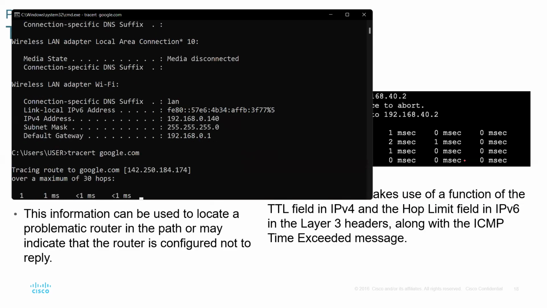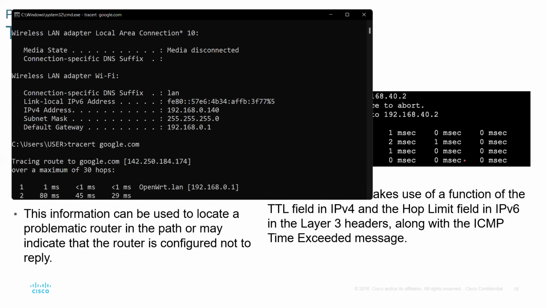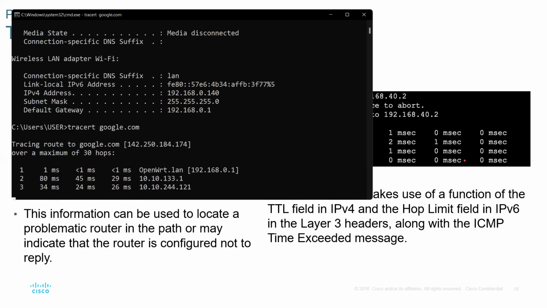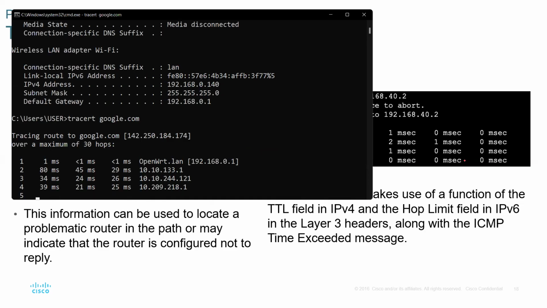So it will just begin to list the different hops that my packet has to pass through in order to get to Google. It will start from your host router and then go to your ISP. Then from your ISP, it will go through the different routers within your ISP. Once it's done with that, it goes to the tier 1 ISP, the tier 2 ISP, the tier 3, all the ISPs